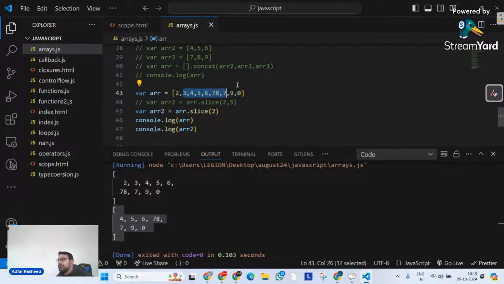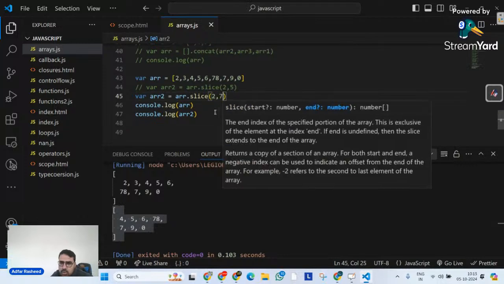Quickly, guys, what are the indexing arguments that I'm going to pass over there? I want to return 3, 4, 5, 6, 7, 8, 7. So tell me what are the arguments that I'm going to pass over here. Sagar says 2 comma 7. So let me pass 2 comma 7.